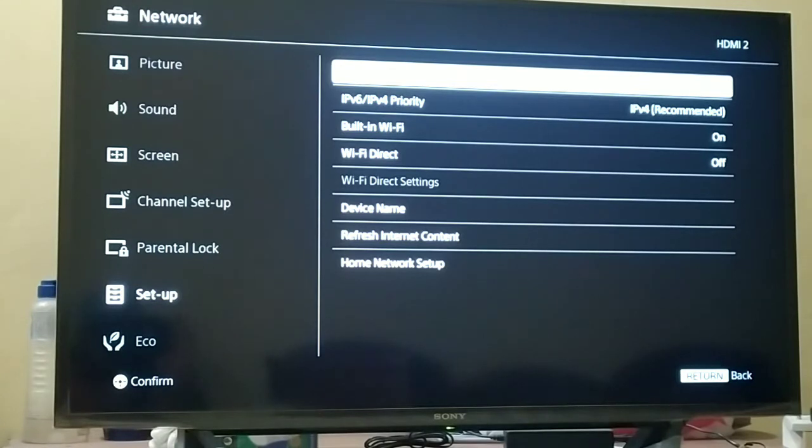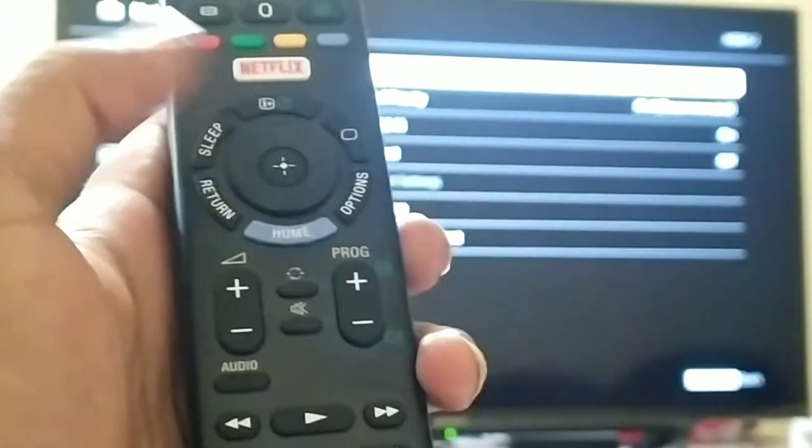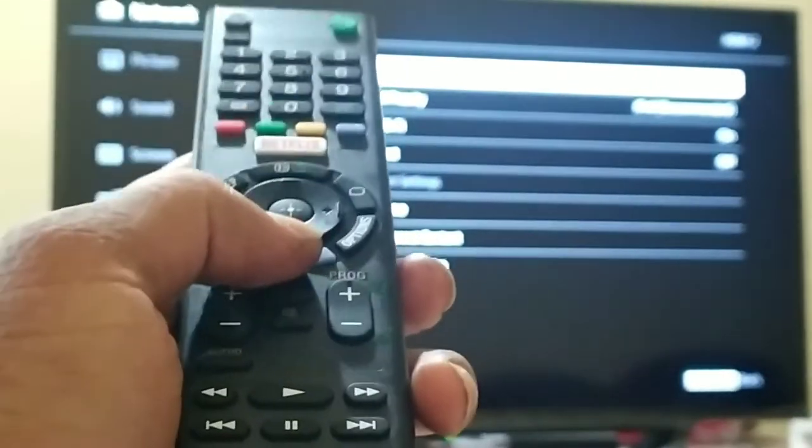Friends, now my network is connected, so I need to confirm whether it is connected or not. For that purpose, I will take the remote handset again. Just press home.